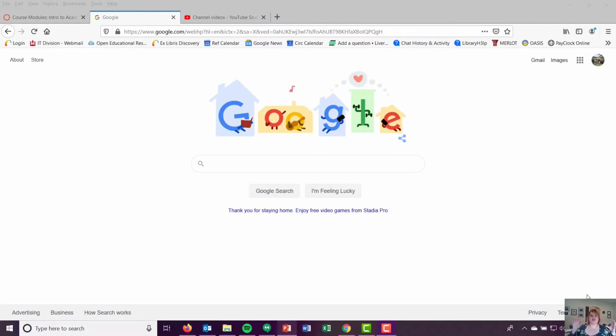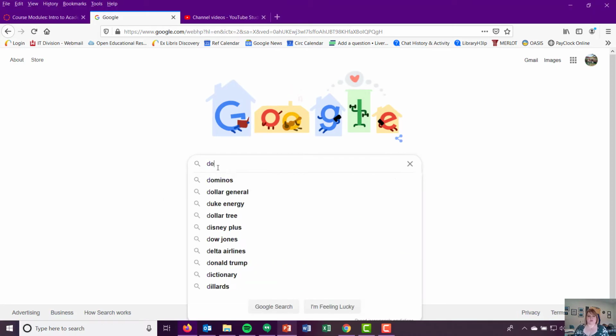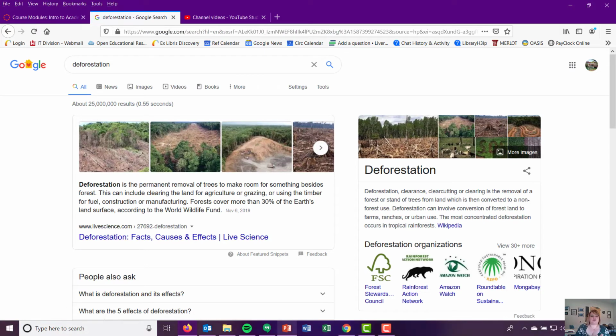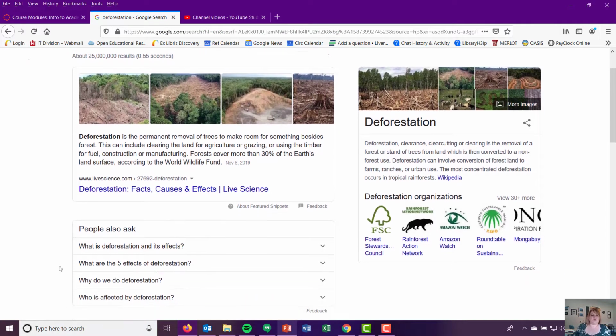So how do you find government documents through Google? I'm going to show you a trick to do a site-limited search. Let's say you are writing a research paper on deforestation. If you're just doing a Google search with that, you get a lot of company and organization